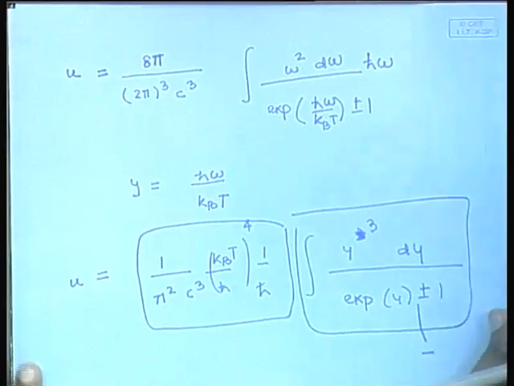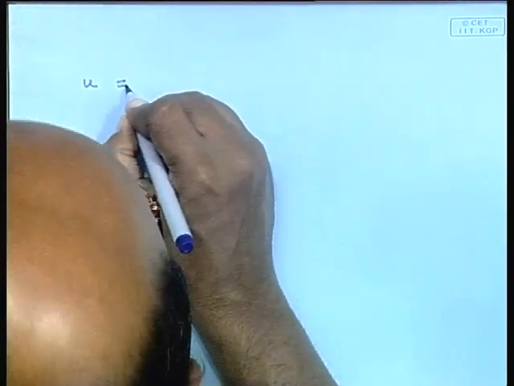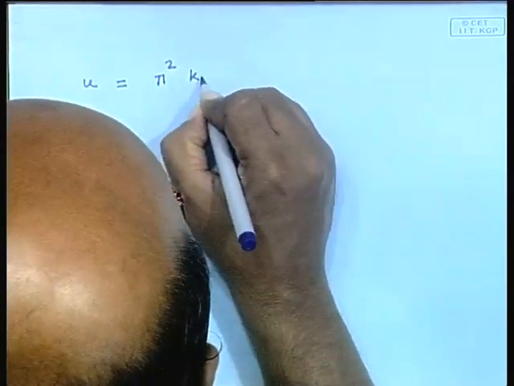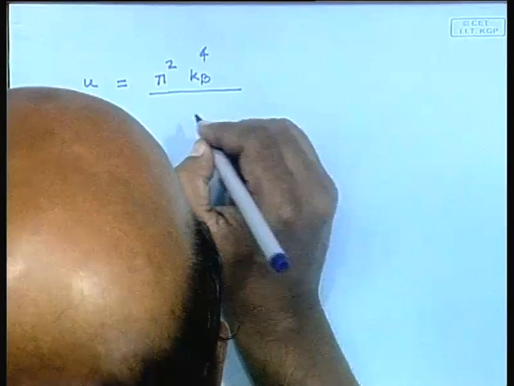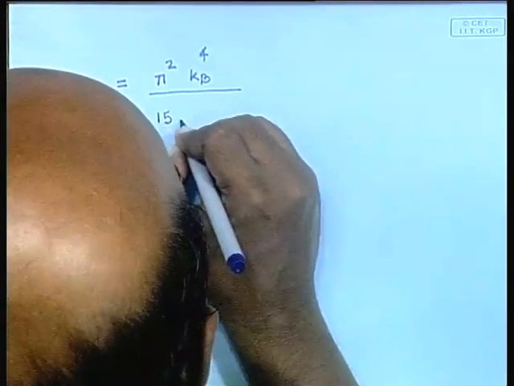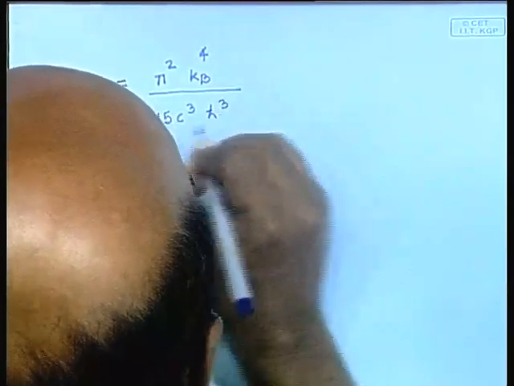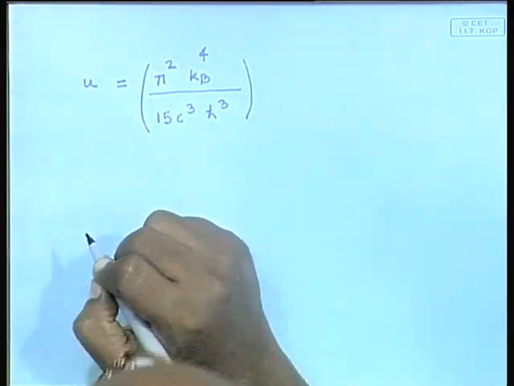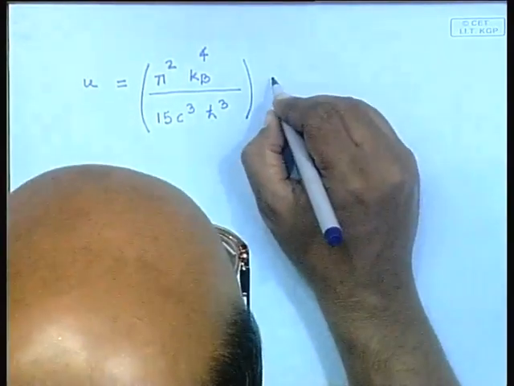So, for photons at a temperature T, the internal energy is given by this into T to the power 4,